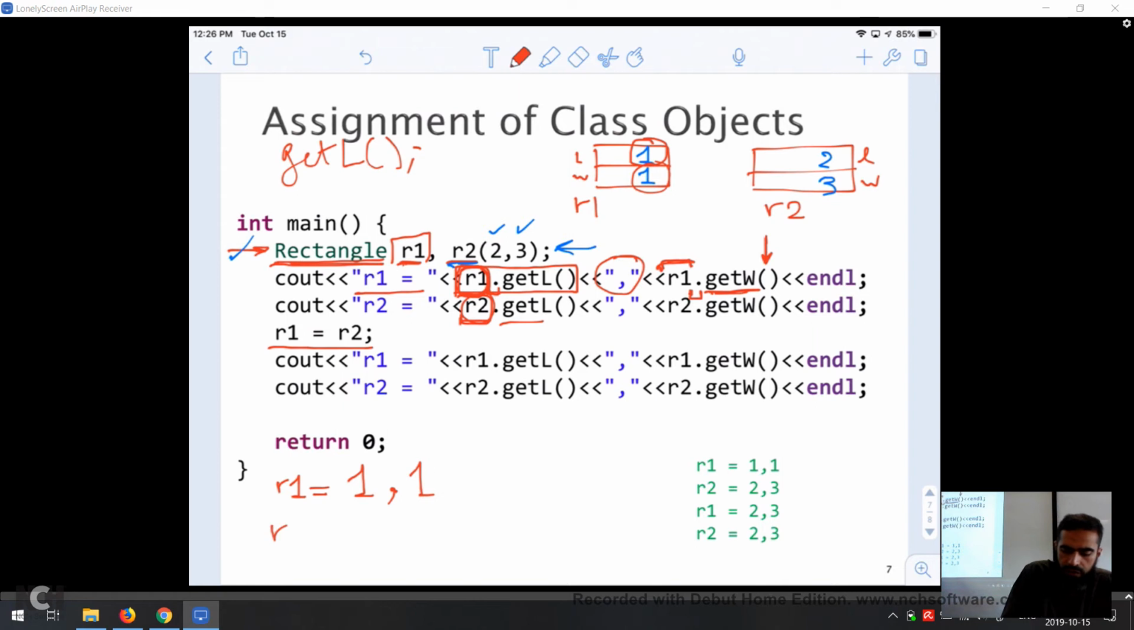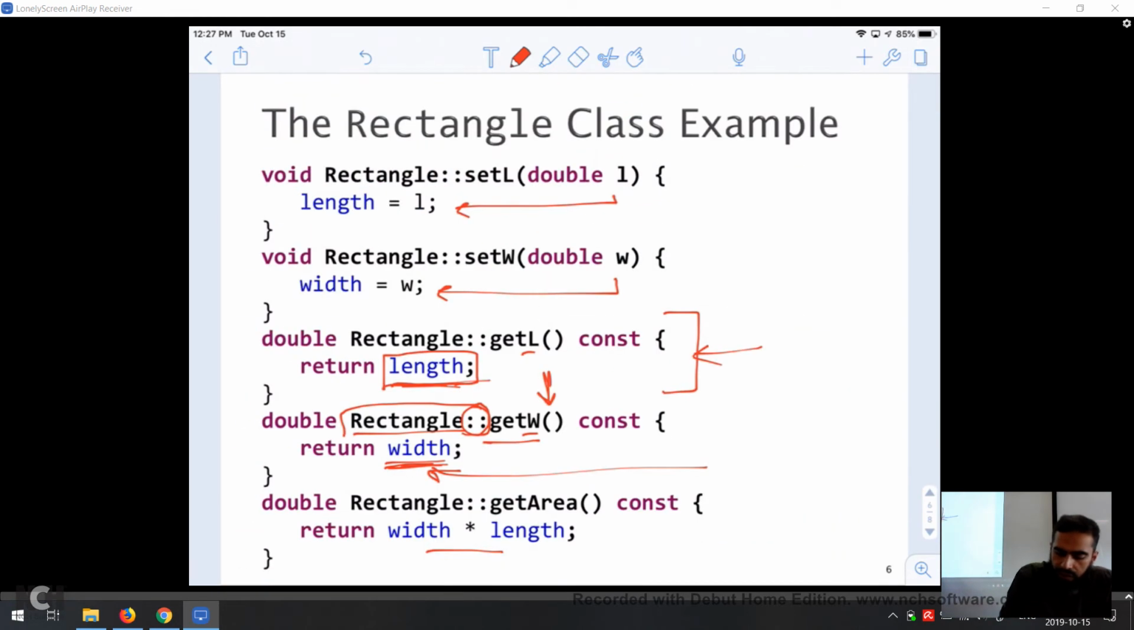So in that case, it prints R2 equals. This is why it prints R2 equals. And then the length of R2, which is 2. And similarly for the 3, that comes from getW. GetW of R2 passes a pointer to R2 inside the function getW, and inside getW we know that we are